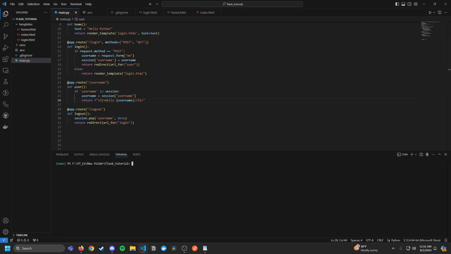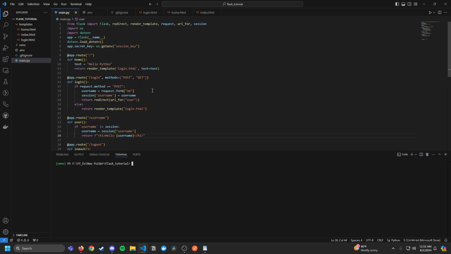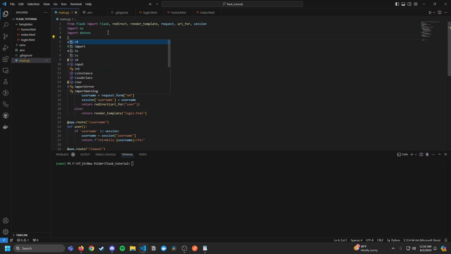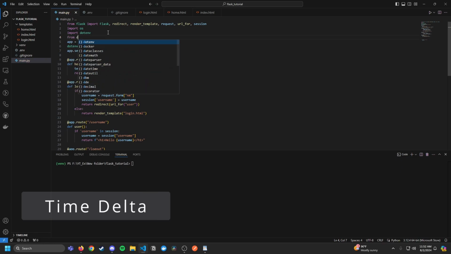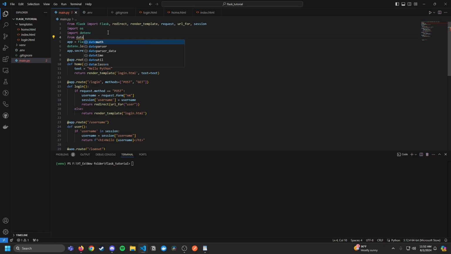Now there is one last thing I want to go over before I let you guys go, which is deciding how long sessions will last. So when you're running your server online and it's running indefinitely, there's no way to turn off your server and for the Flask information to just expire automatically. So the way that you handle it here is by importing datetime, which is a library that's used to manage time in Python. So you can write in from datetime import timedelta, and then all you have to do is write it under your secret key,